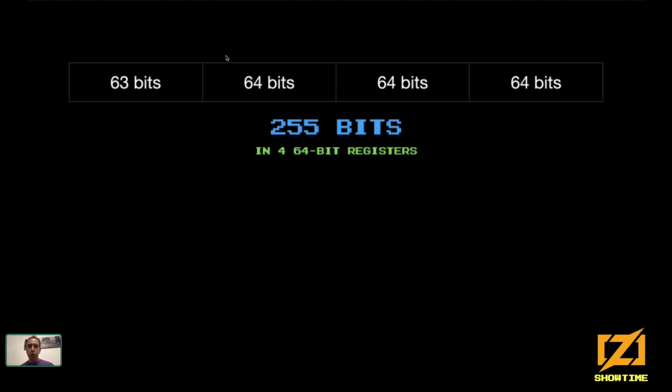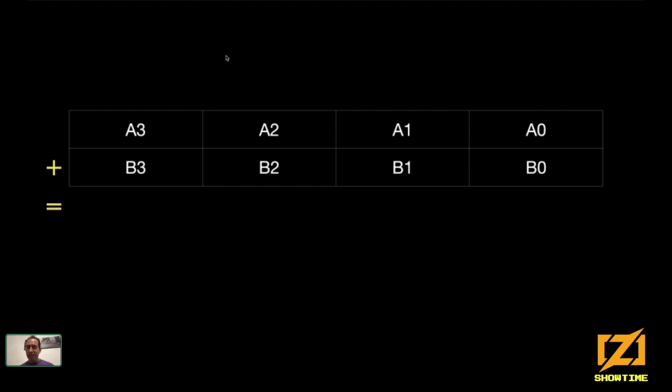Given this, how do we add two big numbers? Well, that's pretty straightforward. A0 plus B0, A1 plus B1, A2 plus B2. We can even vectorize everything, and... well, not really. I forgot something, which is a carry. Every time there is an addition, it can overflow. So we have to add the previous carry and then output a new carry for the next step. So something that looked very easy to run in parallel now becomes a very sequential operation. You have to do this carry propagation in a very specific way. Okay, whatever.